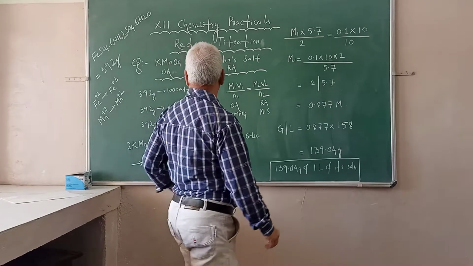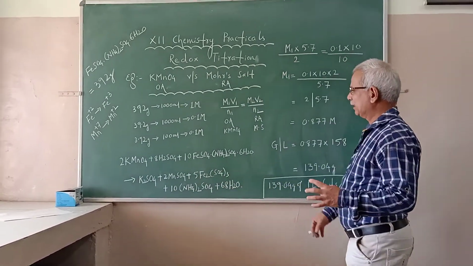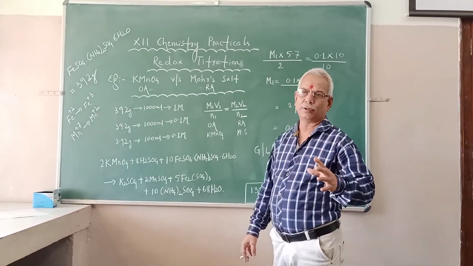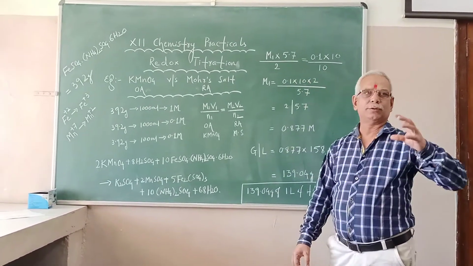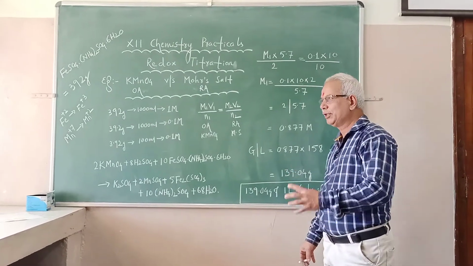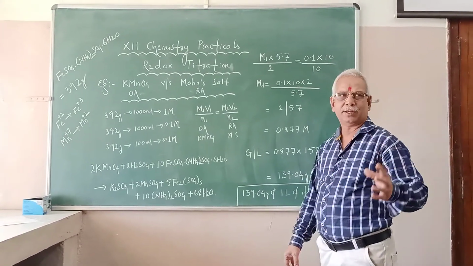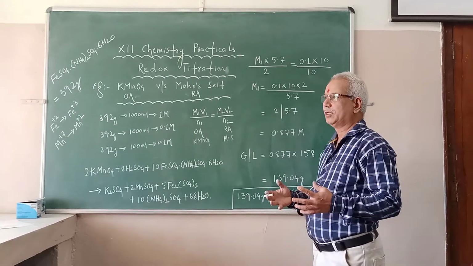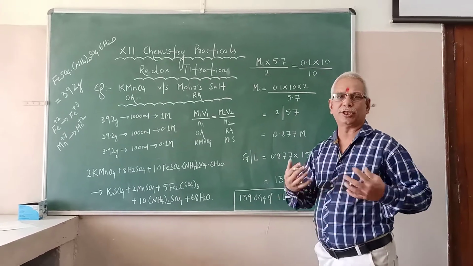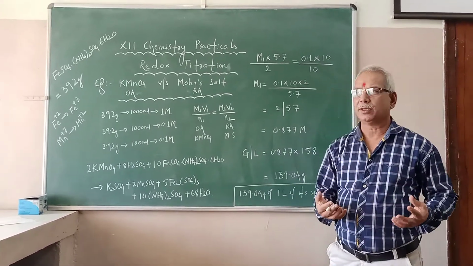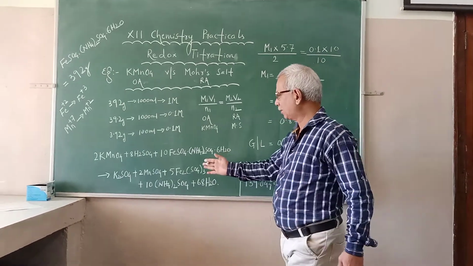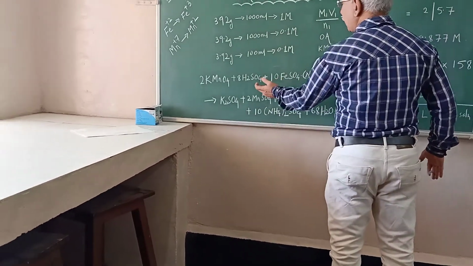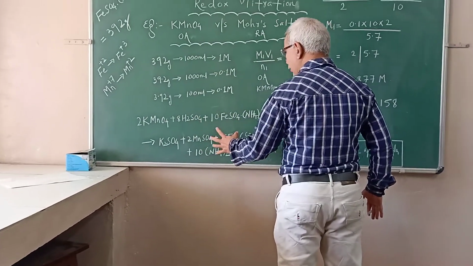Okay, students. After conducting the experiment, after knowing how much volume of KMnO4 was required to oxidize the reducing agent Mohr's salt, practically we have done it. So after noting this, all of this you have to note down in the notebook. What is there in the burette? What is there in the pipette? What is the color change? Which indicator we have used? And the chemical equation you have to write down. This is the chemical equation between an oxidizing agent and the reducing agent in the presence of water, acid, catalyst to give the products here.